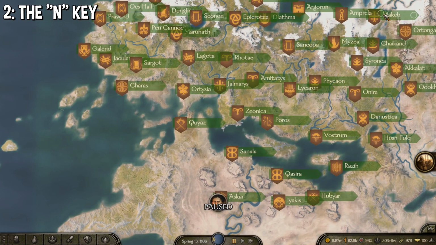The N key, very important. Please learn it. Very simple. You don't even have to learn it. Just literally press it and look through all the stuff. Very important. But now,